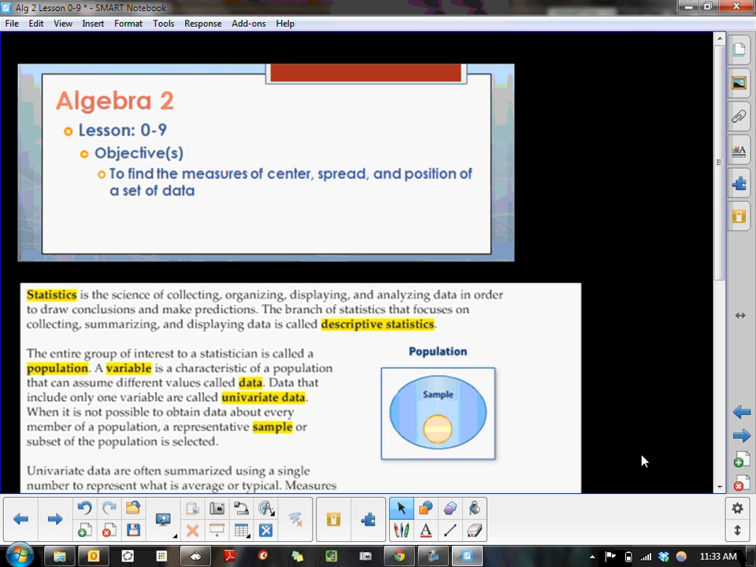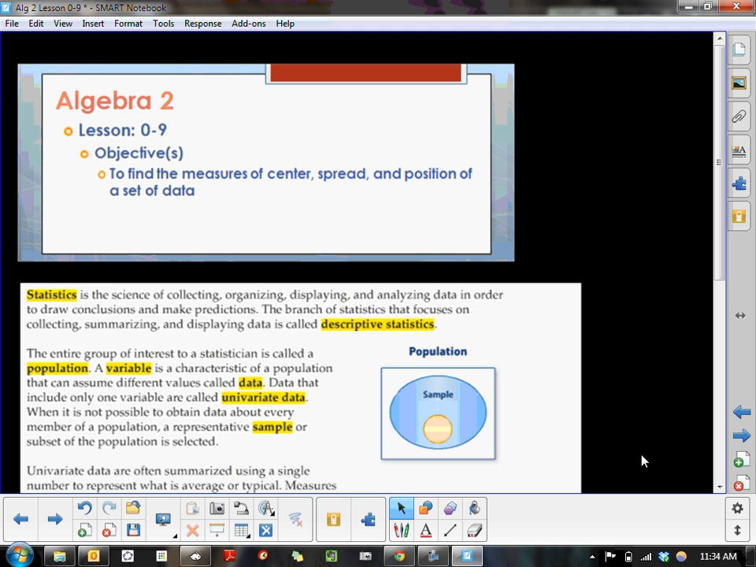Now, statistics is the science of collecting, organizing, displaying, and analyzing data in order to draw conclusions or make predictions. So statisticians take and organize data to try to make predictions. The branch of statistics that focuses on collecting, summarizing, and displaying data is called descriptive statistics. We're going to collect those stats and describe what we've found through the patterns and through the